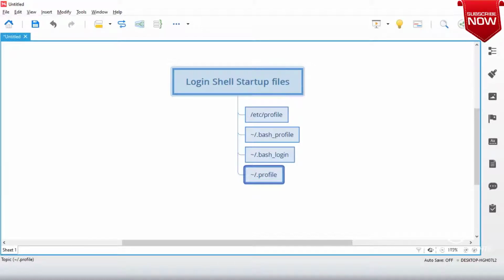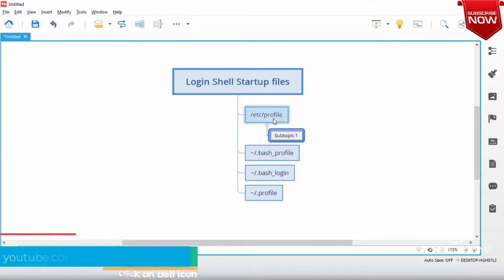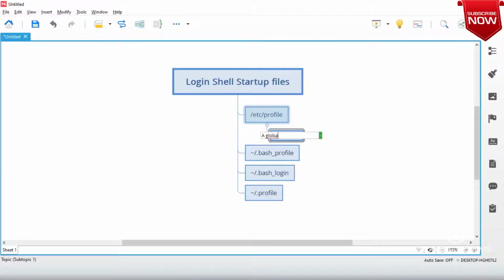Now let us try to see what happens. So these are the files. Now /etc/profile is a global configuration script that applies to all users.